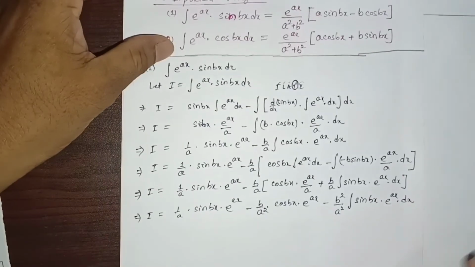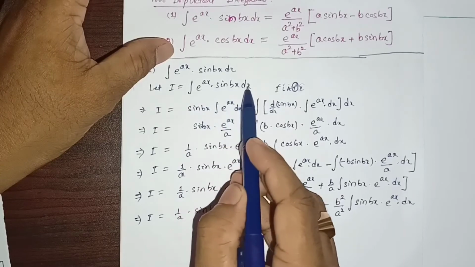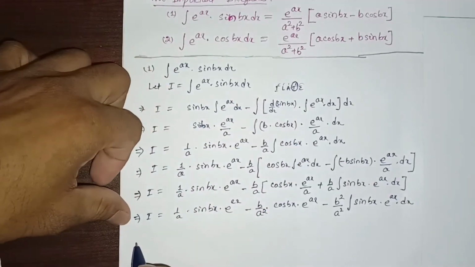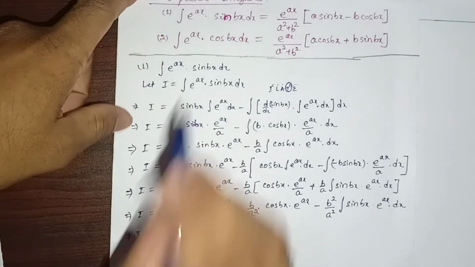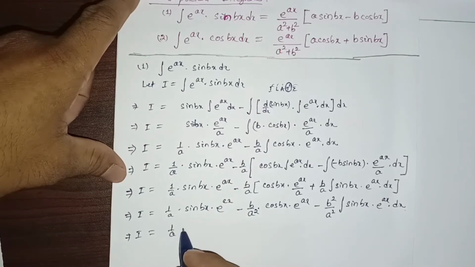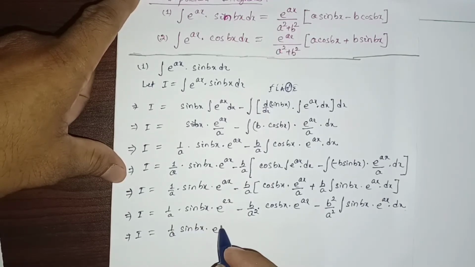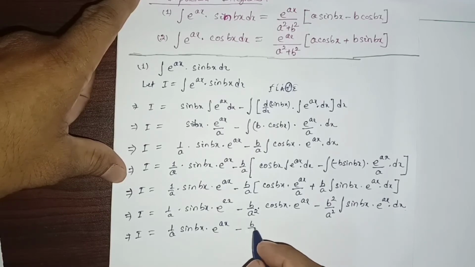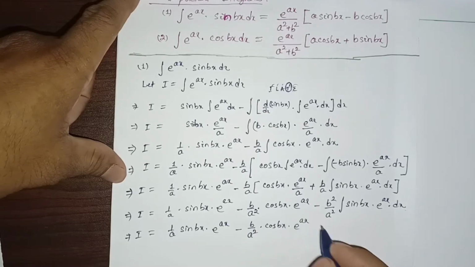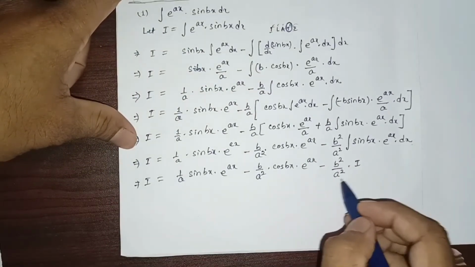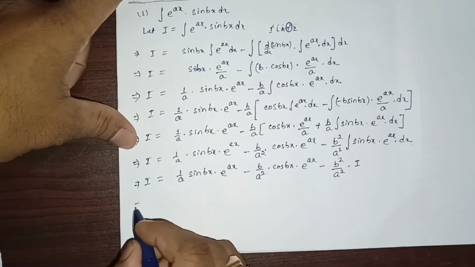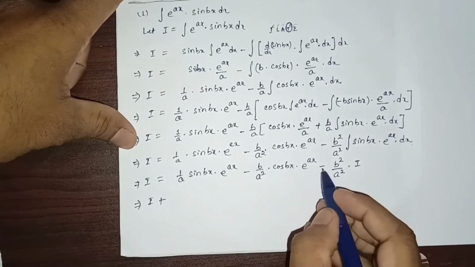Initially we considered that this one, e to the power ax sin bx dx, is our I, so the same thing we have to write: I equal to, instead of this one we can write I, right? So this will be 1 by a sin bx into e to the power ax minus b by a square cos bx into e to the power ax minus b square by a square into I. So take this term to the left hand side, so I plus b square by a square I